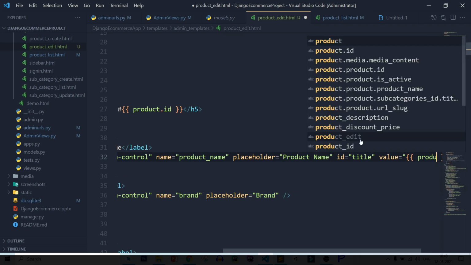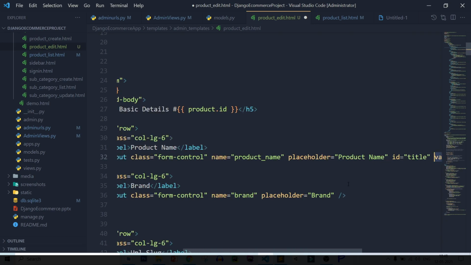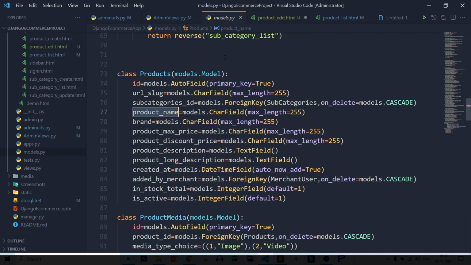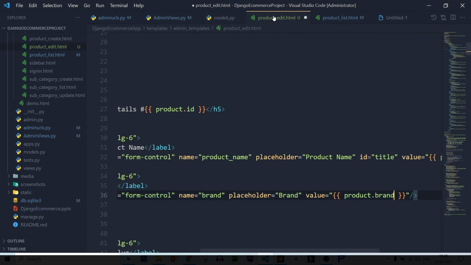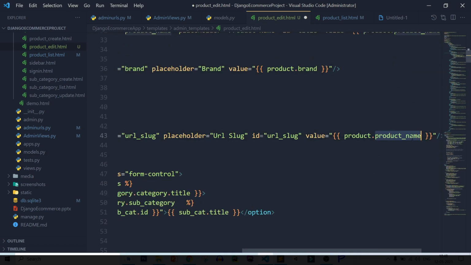So product dot name. Let's copy the value, paste it here. Next is I think brand. Let's confirm it, brand. Then next is URL slug. So URL underscore slug. Save it.